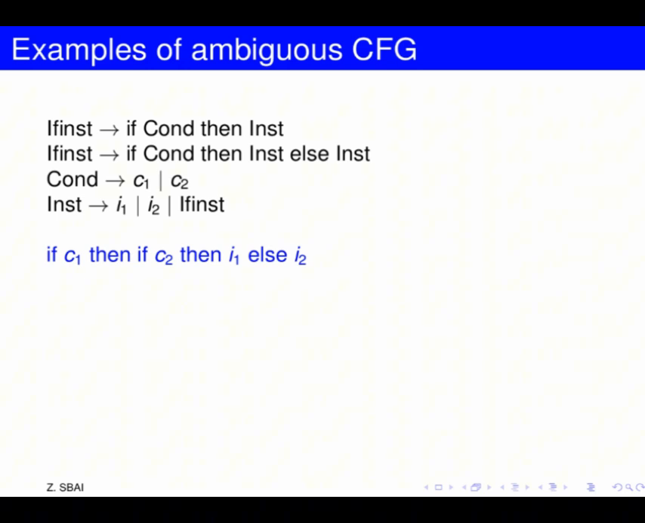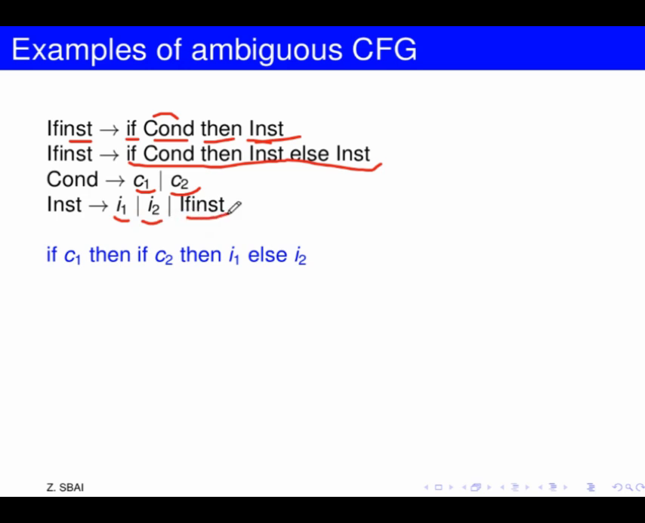In this last example, let's consider the syntax of an if instruction. We'll say here that an if instruction is represented by the keyword if followed by a condition followed by the keyword then followed by an instruction, or else it may be in the form if condition then instruction else instruction. And for a condition, to make it simple, it may be one of the two terminals C1 or C2. And for the instruction, it may be one of two terminals I1 or I2, or else it may be an